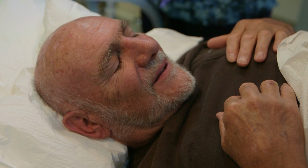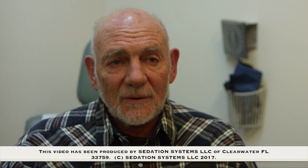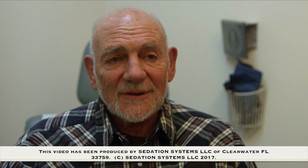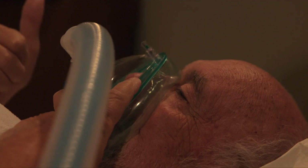Well, I didn't feel any pain at all, and everybody was in a good mood, and it was very calm and very easy. They're holding their own mask and tubing system, so they really have a sense that they're in control. That puts their mind on what they need to be doing, which is holding the mask on their